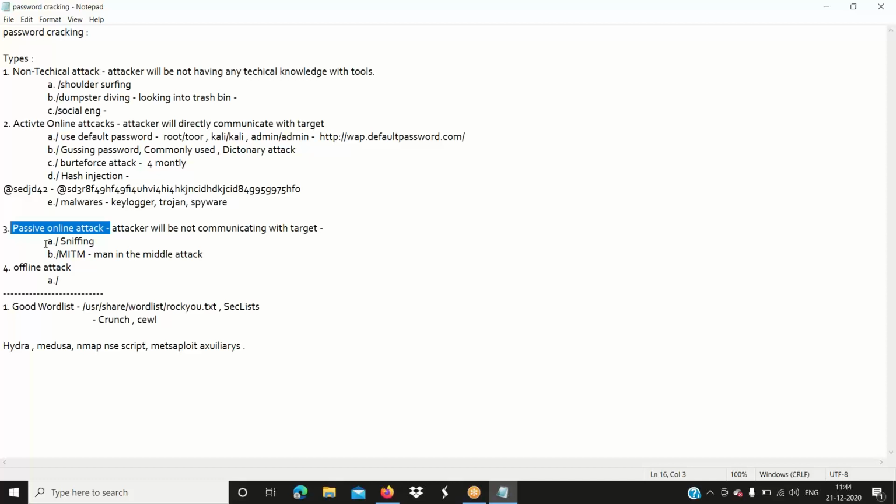The attacker starts capturing those packets while they are in transit. That is called a sniffing attack. Sniffing is capturing all the packets while traveling to the server, with the help of some software or hardware.